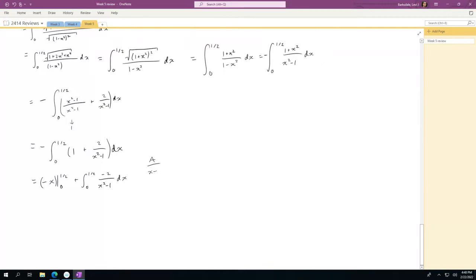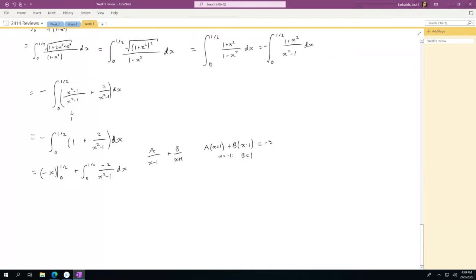But now what we have is a partial fraction decomposition where a times x plus 1 plus b times x minus 1 should equal negative 2. So if we let x equal to -1, then we have -2b is equal to -2, so we see that b is equal to 1. And looking at just the x terms, we have bx plus ax is equal to 0, so a is -b, so a is -1. That should be a -1. Make sense? I know I'm running through this kind of quickly, but